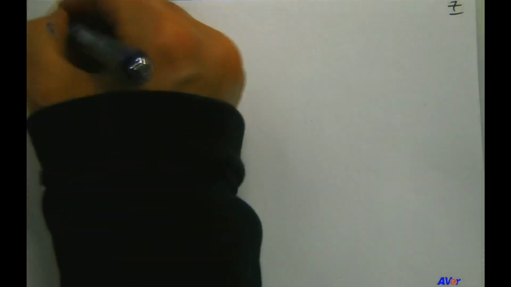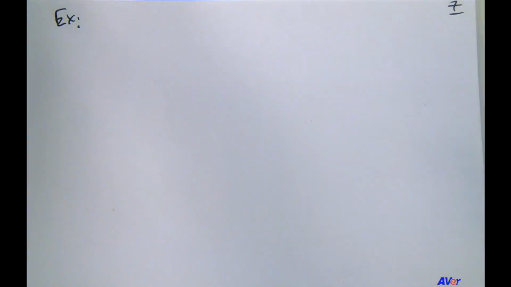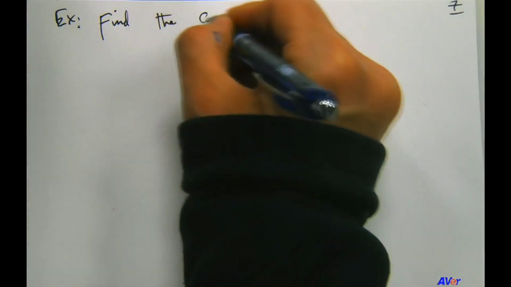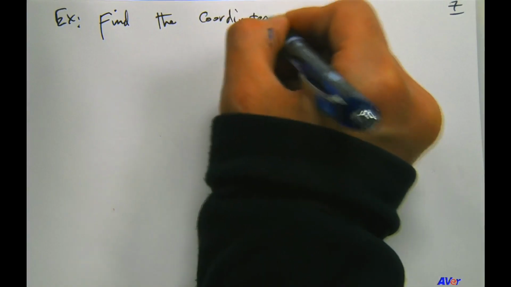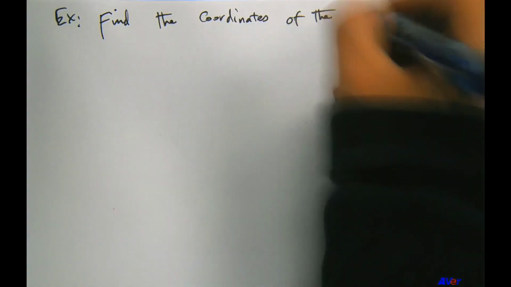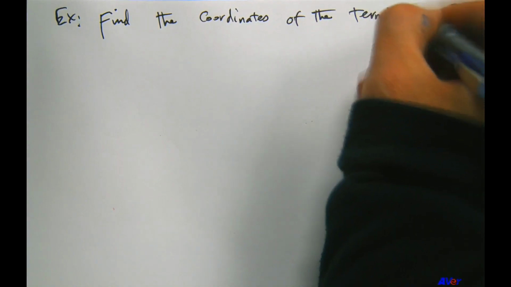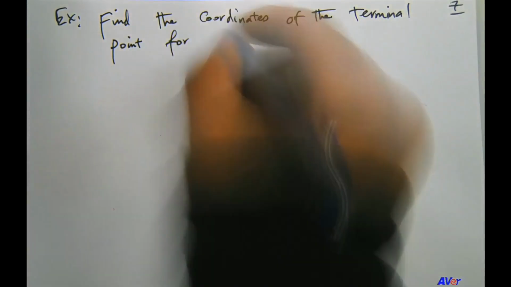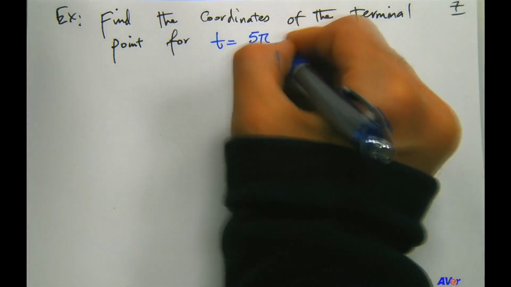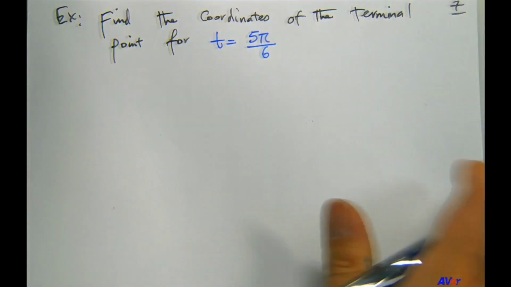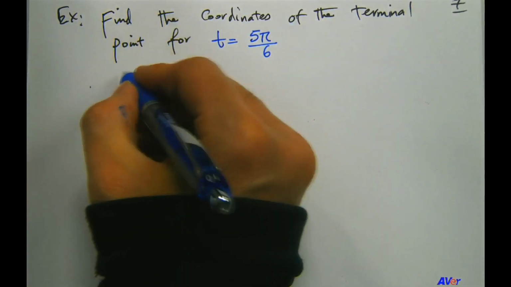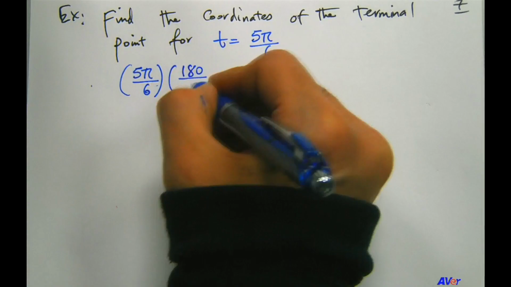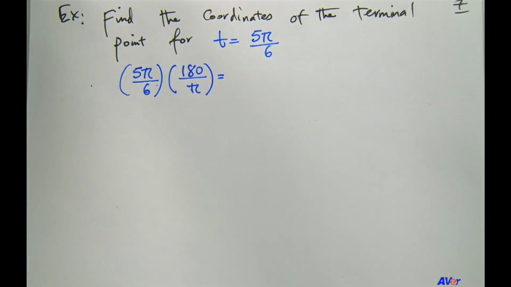Okay, suppose in this example, we want to find the coordinates of the terminal point for t equals 5 pi over 6. Okay, so